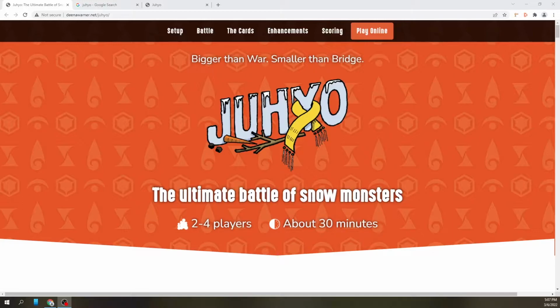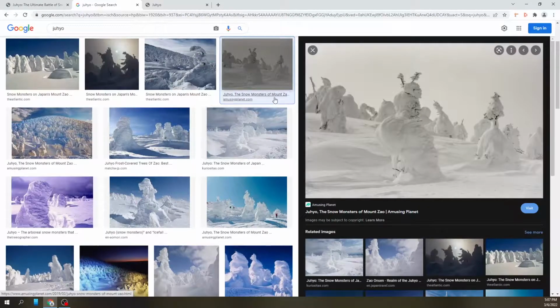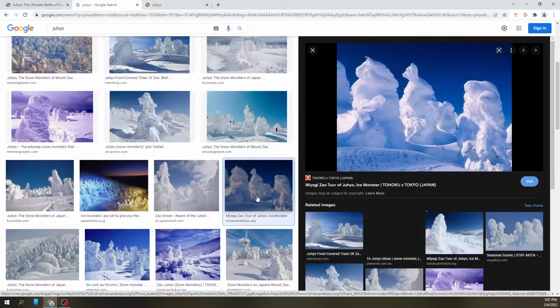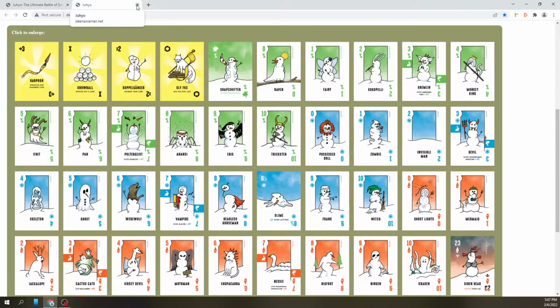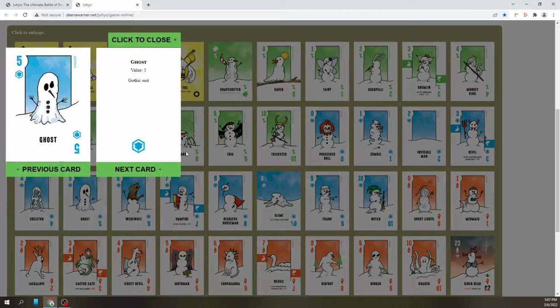Juhyo is the Japanese term for snow monsters, and it was invented really to describe what happens to pine trees on Mount Zao. Pine trees freeze up and form ice crystals, and they kind of look like snow monsters. So the concept of the game: it's a trick-taking card game where each suit is a type of snow monster. And the snow monsters take the configuration of monsters that you're familiar with, like ghosts and werewolves